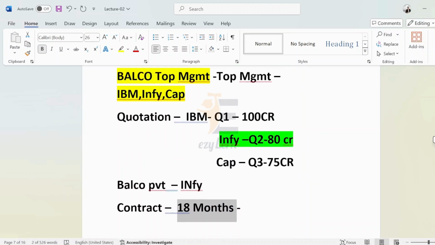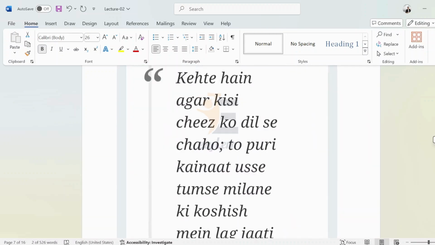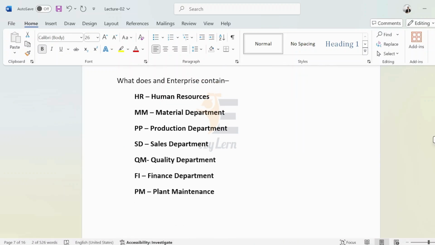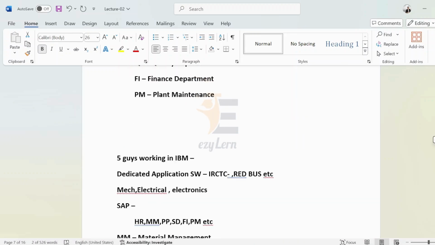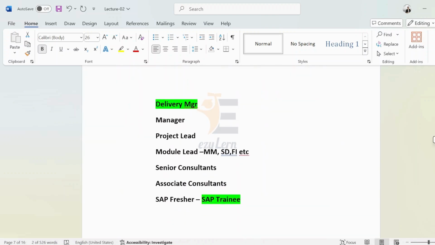Let me also tell you what the hierarchy is like. Once you join a company initially, after completing the course, which position will you have? As you join as a SAP fresher, you will join as SAP trainee. Then after 2 to 3 years you will be promoted to associate consultant, then to senior consultant after 5 to 6 years at least.